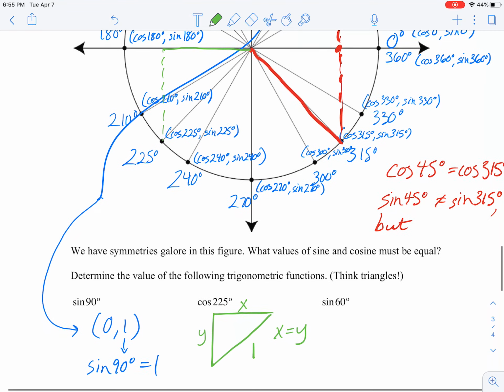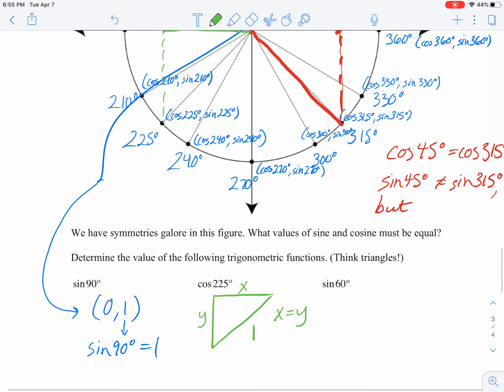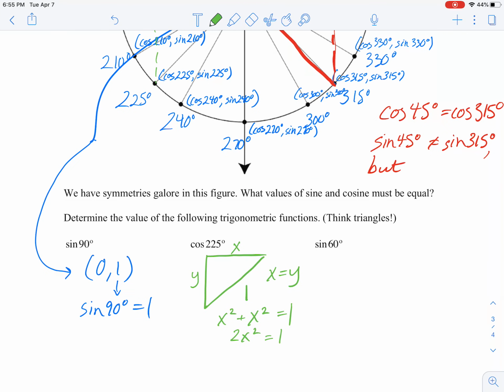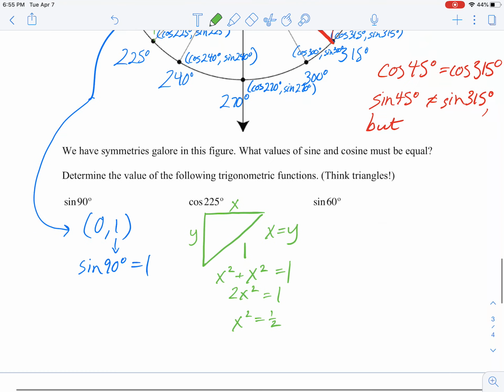So we know then that by the Pythagorean theorem, x squared plus x squared equals 1. So 2x squared equals 1. So then x squared equals 1/2,